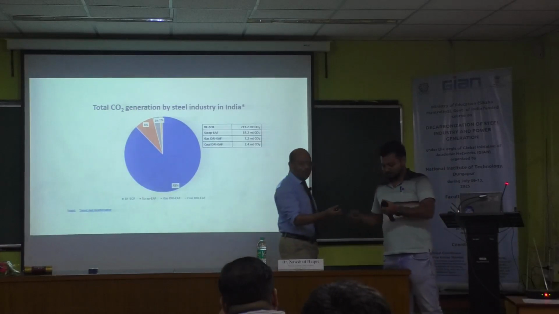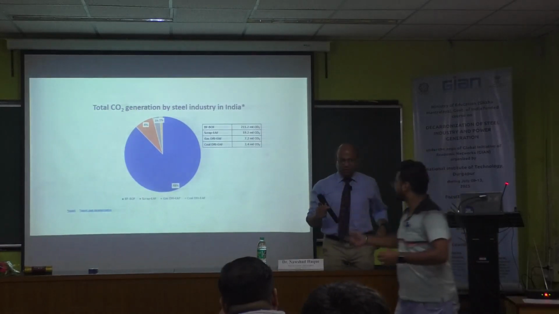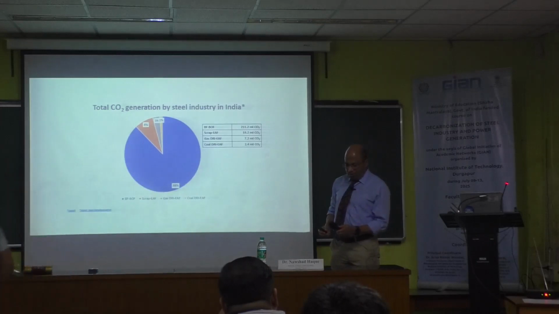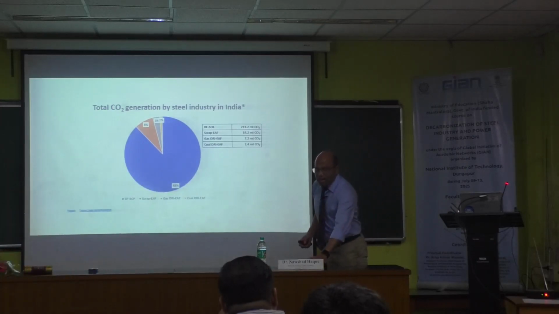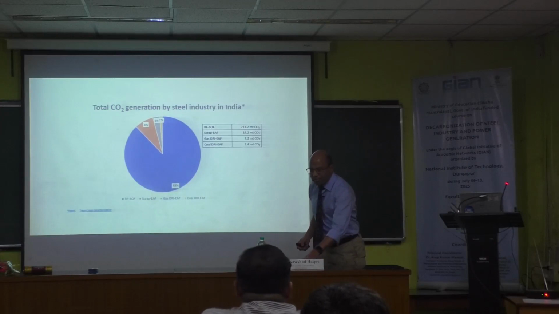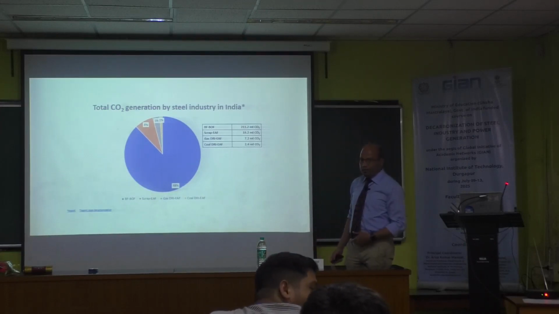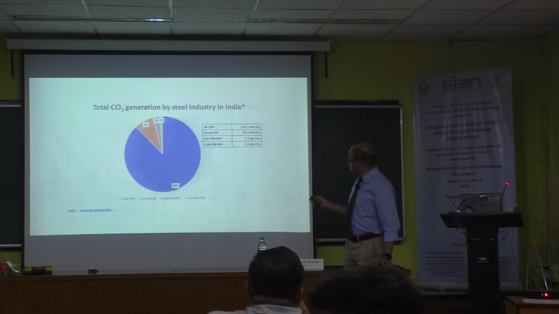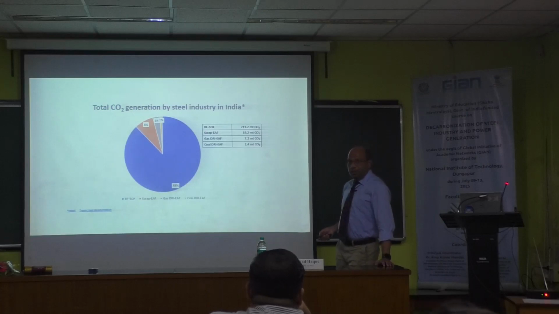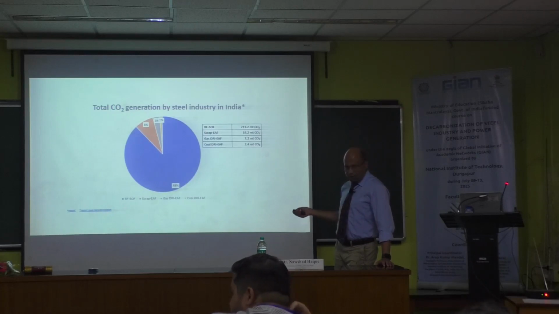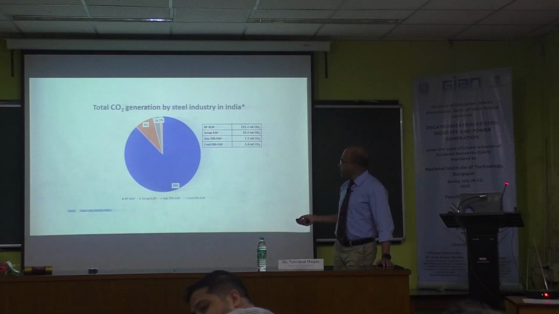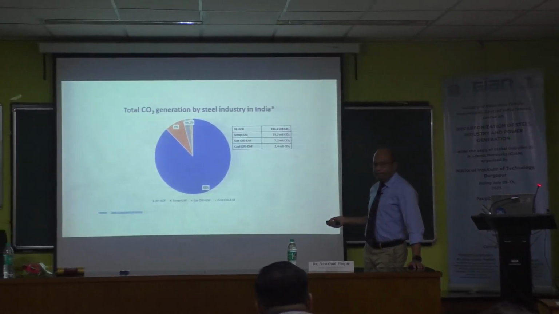So can anyone add anything to what Avash has spoken about? Do you think you can refute that, or do you have new data or information? Does that make sense to you? Actually, you may not understand that the whole DRI EF is 2.4 million ton of CO2. Based on what amount of production? Based on Indian statistics for a particular year, I think we can give more details. For a particular year, the whole DRI EF is 2.4 million ton of CO2.